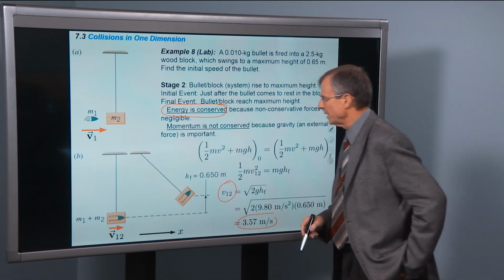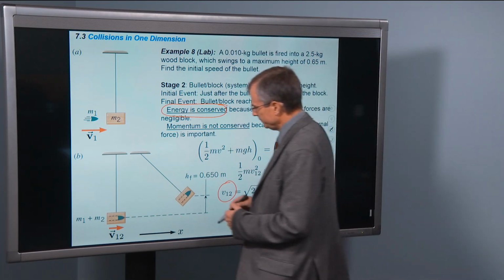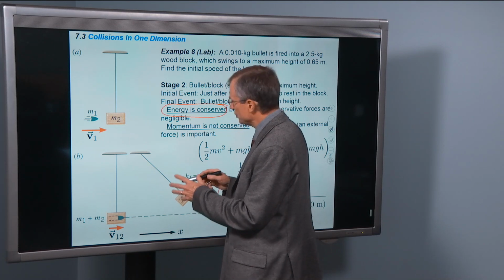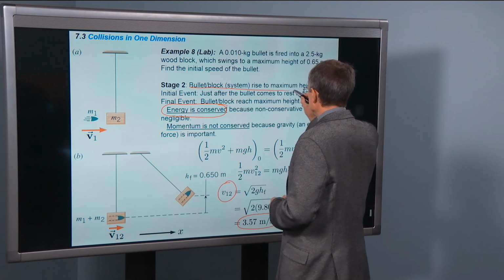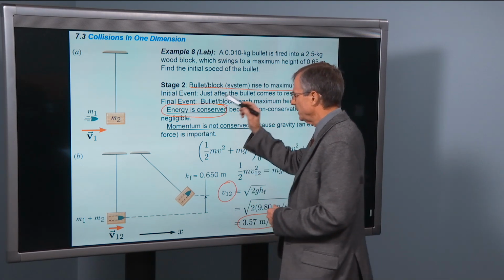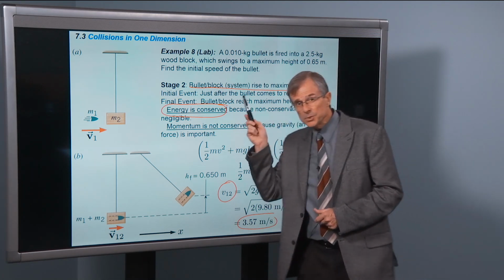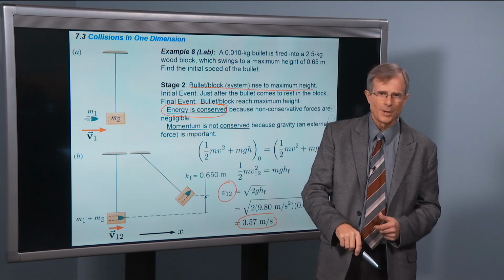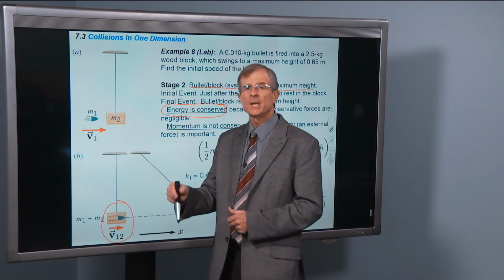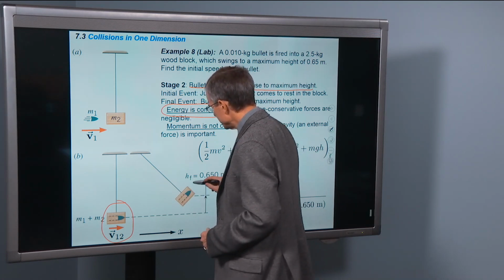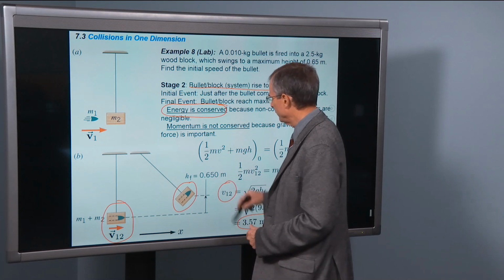And how do we do that? Well, now we're talking about stage 2, where the bullet and the block system rise to a maximum height, with the initial event being just after the bullet comes to rest in the block. So this initial event is the final event for stage 1. It's this point here. That's my initial event for stage 2. And my final event for stage 2 is when this block and bullet come to rest at a height of 0.65 meters,